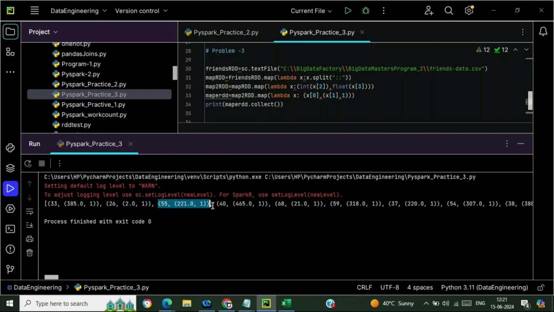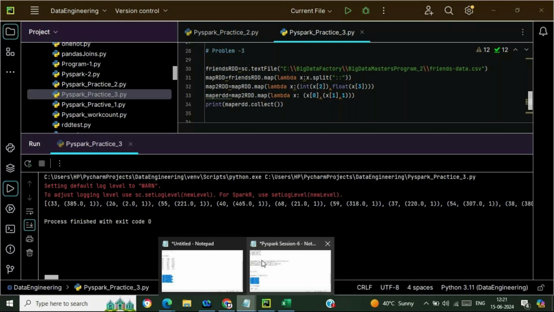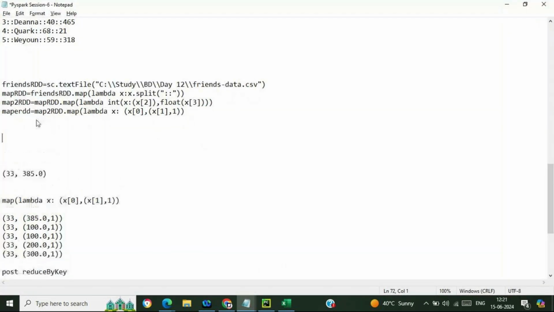Now, while applying the reduceByKey transformation, you need to pay attention. The reduceByKey transformation will be applied onto the mapped RDD: reduceByKey lambda of x and y.